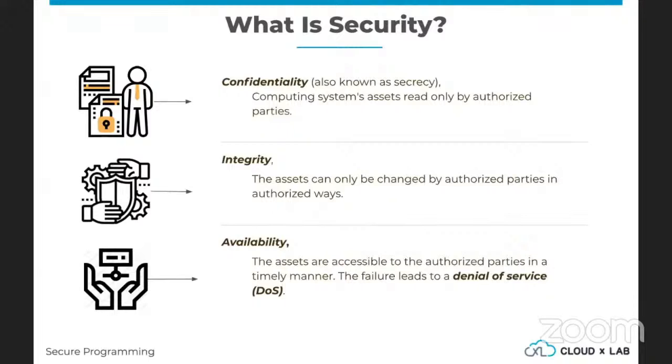So whatever assets are there on your website or on your server should be accessible to various authorized parties in a timely manner. Meaning, one person should not be able to stop another person from accessing the data in a timely manner.